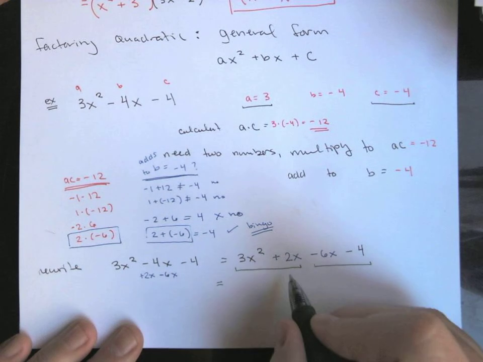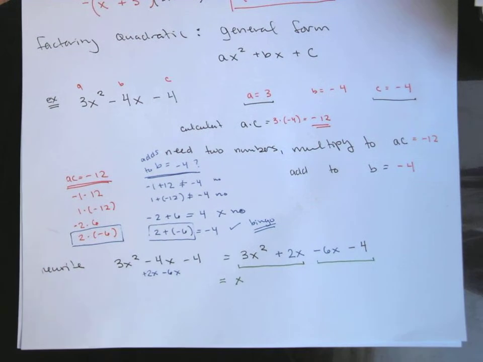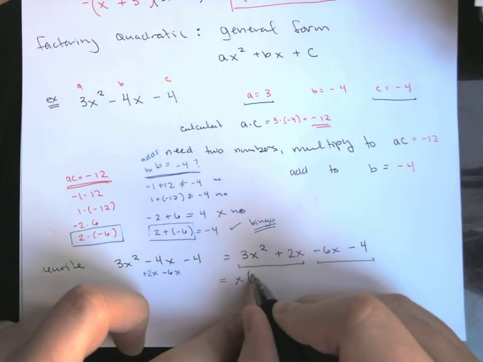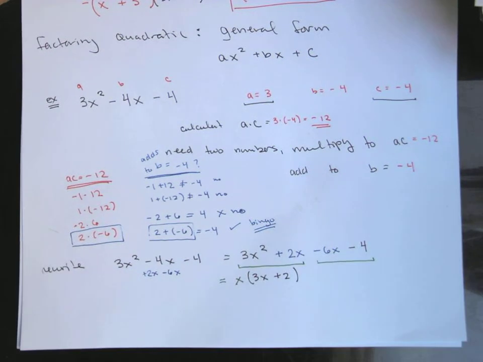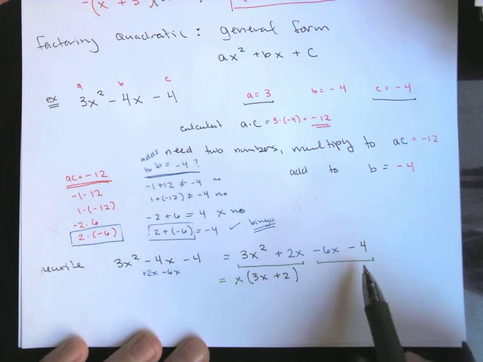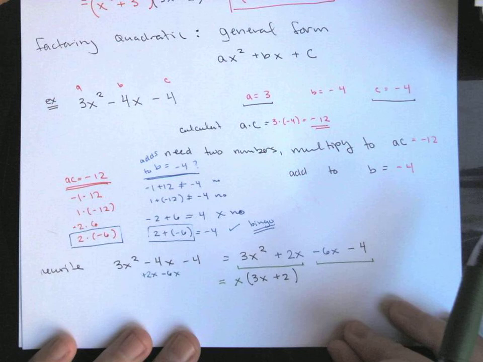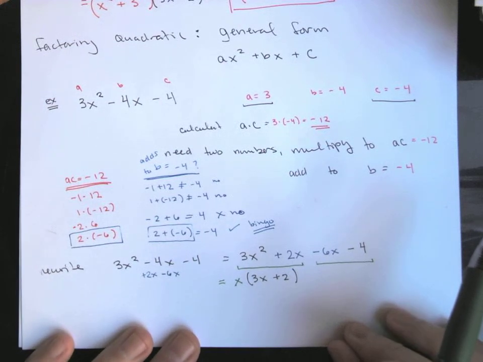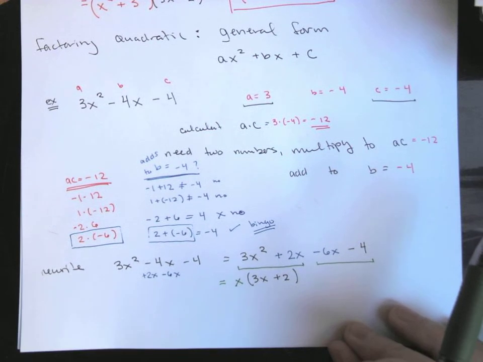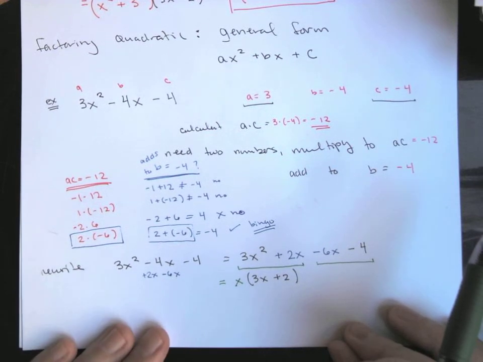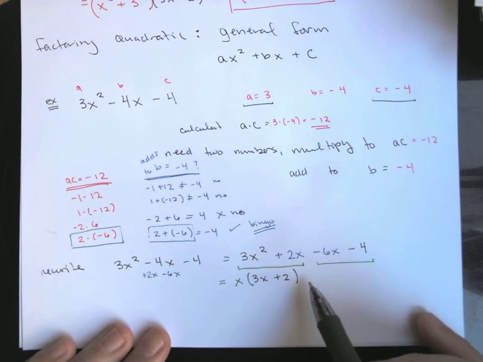So 3x squared plus 2x, 3 and 2, nothing in common, but they do have x in common. So I'll take that x out in front. Not a whole lot to work with there, but we'll play the cards we're dealt. We'll go from there. 6x and 4. Again, not tons and tons to work with. It's not necessarily about hitting a really big GCF. It's just a matter of working with what you've got. So if you don't have a ton of stuff that's going to factor out, that's fine. In theory, you could have something where there are no terms in common and you're just factoring out a positive or a negative 1, kind of a trivial GCF. That can happen,